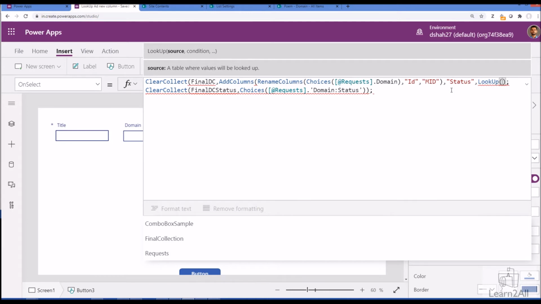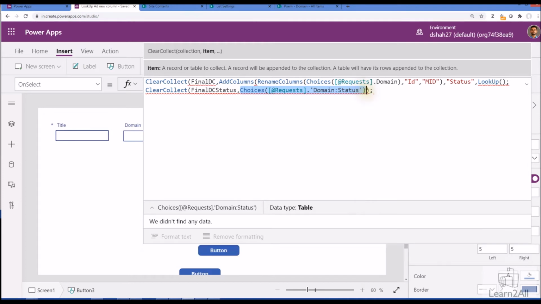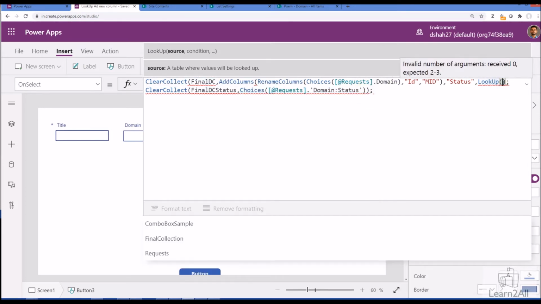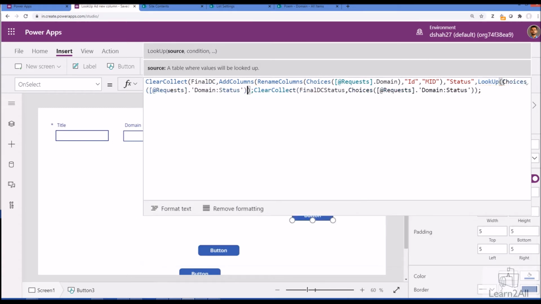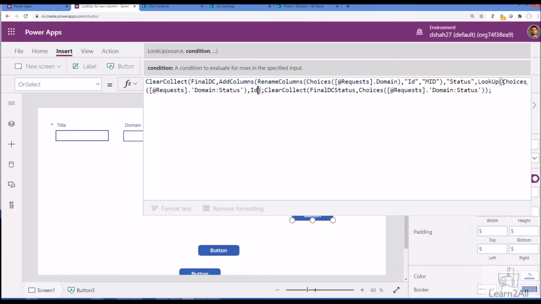In lookup we just need to pass this one, choices dot status, and after that just need to provide a condition, ID is equal to MID.